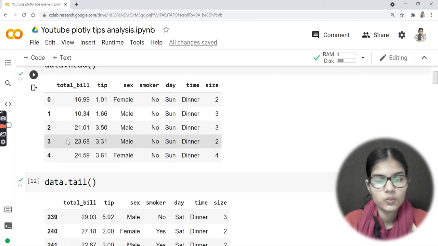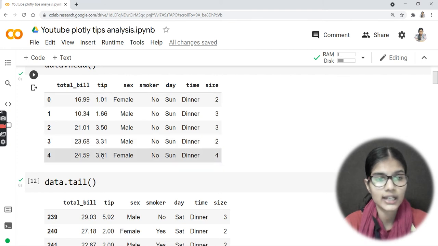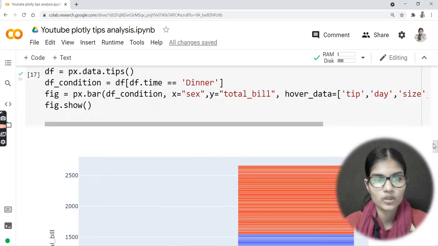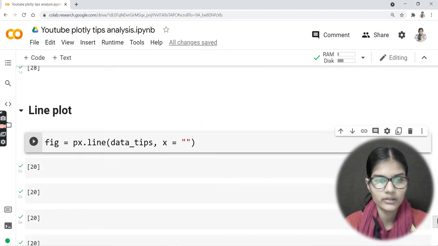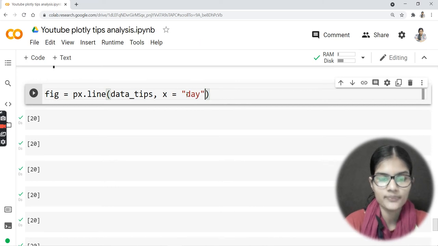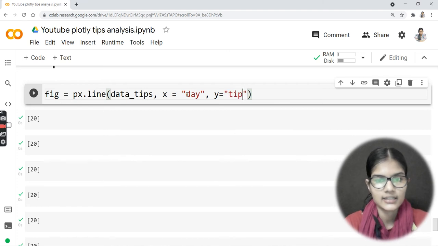And let's say onto the y I want tip. So onto the x I'll be taking day and on y tip. So on x I'll be taking day, comma, and onto the y I would be giving tip, right.